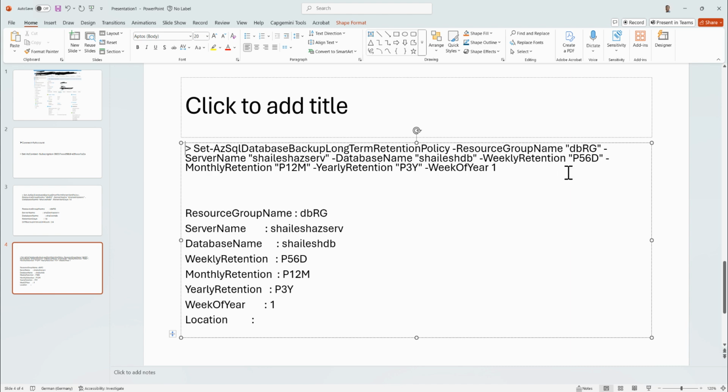Okay. Important to note here is the way these retention periods are defined. For example, for weekly, it says P56D, so 56 days, that is 8 weeks, which I wanted. Monthly retention is P12M, and then yearly is P3Y, so that means 3 years. I want to keep the yearly backup for 3 years, and the monthly backup for 12 months. Okay, so this is a pattern like P and then a number and M or Y or D. So this is how you can actually